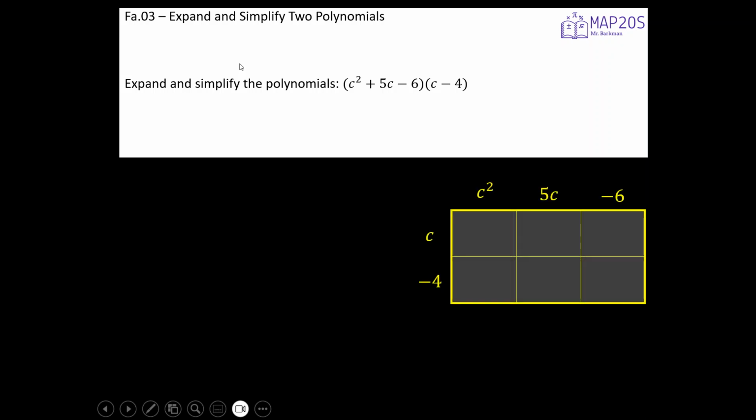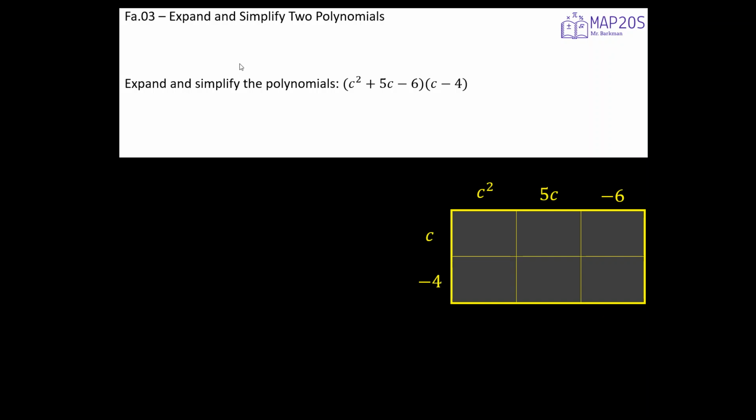C squared to C, C squared to 4, 5C to C, 5C to 4, 6 to C, and 6 to 4. Now remember the positives and negatives. I just kind of skipped over them for the time being. What I like, and what many people like that I have seen, is using the grid method for something